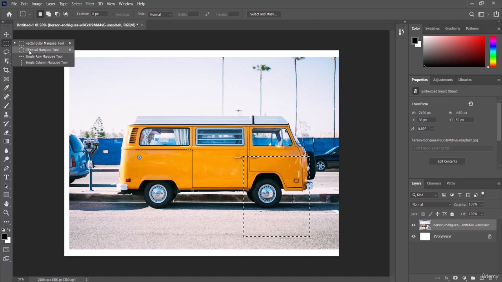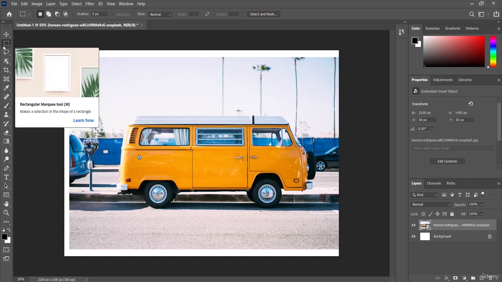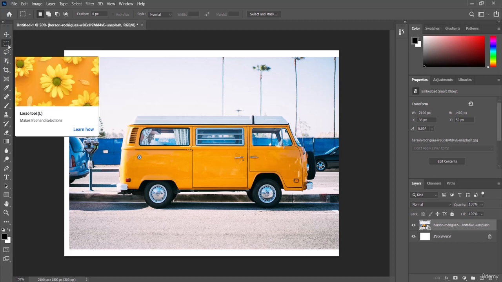Okay, the next one is the lasso tool. You can see here, this is called the lasso tool. Actually, these lasso tools are also used for selection. But if you consider the difference between the marquee tool and the lasso tool, in that case,